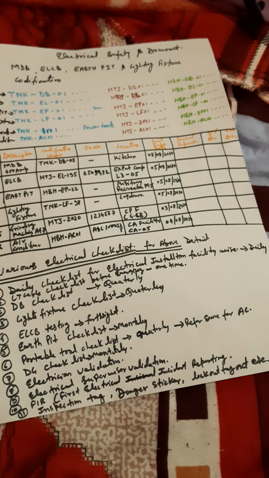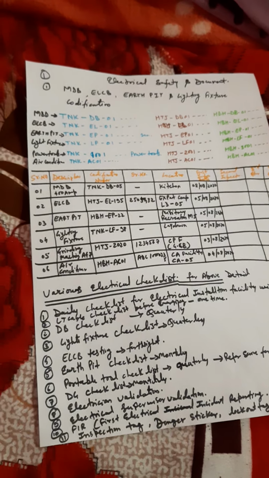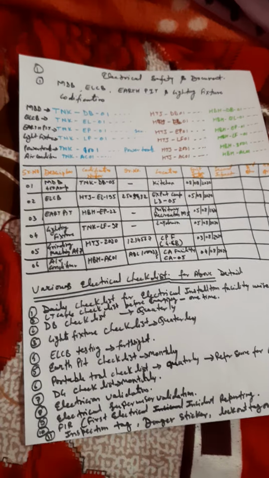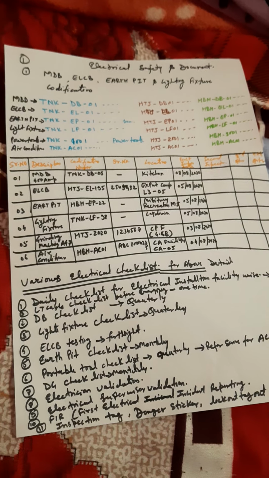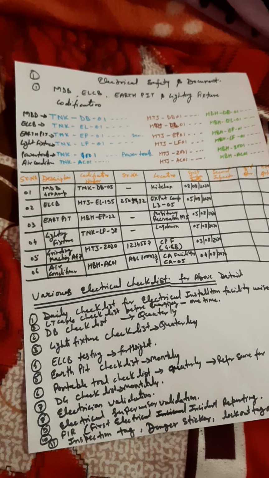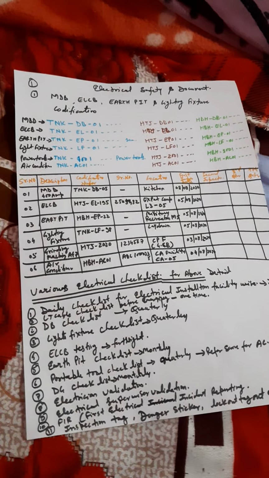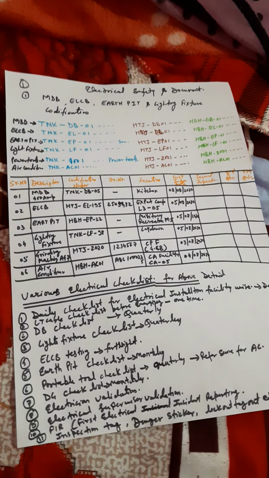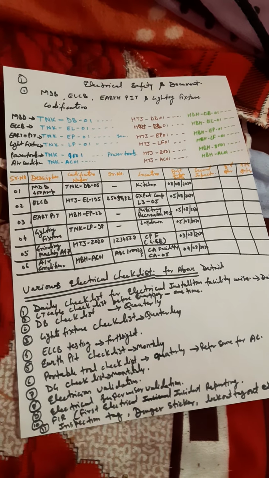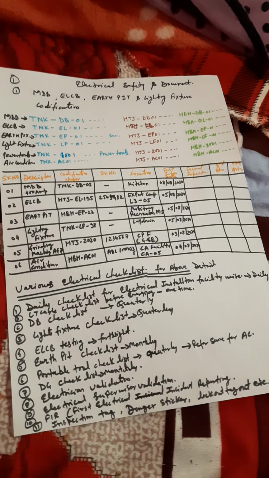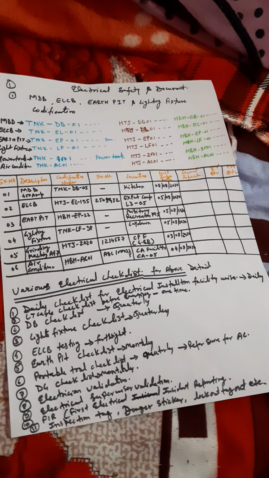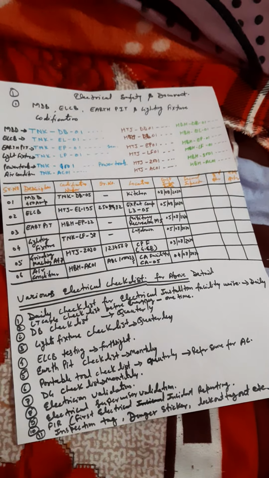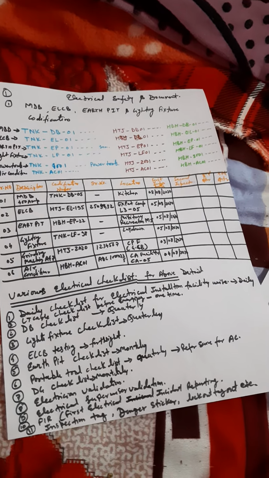Tomorrow I will explain to you about the equipment part. This is electrical related. I am going to give you the same training on how to fill the equipment log sheet and how to fill the DG log sheet. Equipment log sheet is different, DG log sheet is different. How we need to calculate the costing of DG, how we need to maintain the spare consumption, how we need to maintain the equipment performance report, fuel consumption report, how we have to evaluate the driver, operator license, and all those things.